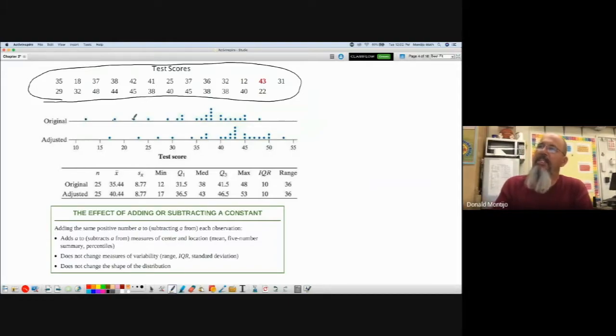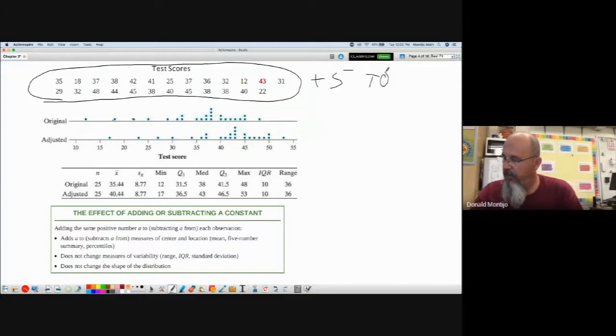Now, what if the teacher decided, you know what, question 5 wasn't fair? That's not cool. I can't ask that question. So I need to take care of that somehow in the test. I'm going to add 5 points to everybody's score. What would that do to the distribution of the scores in this class? If everybody got +5 to all scores,